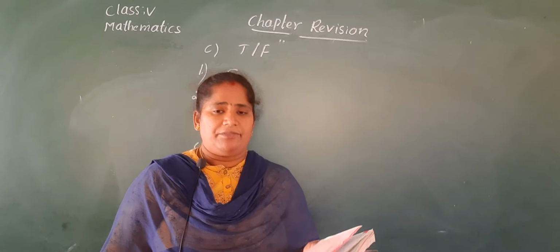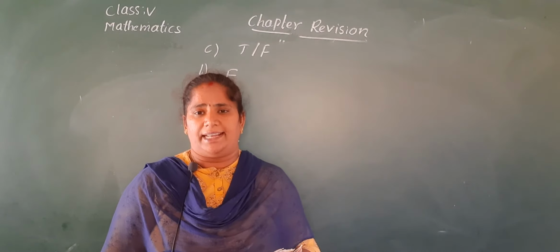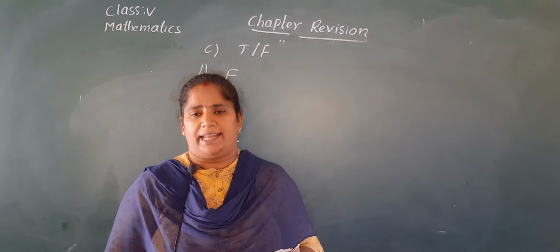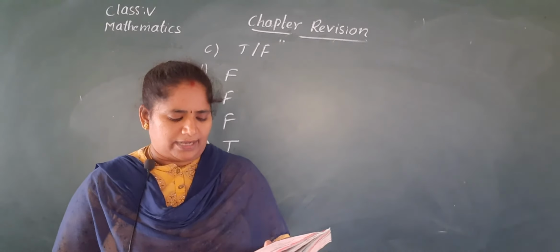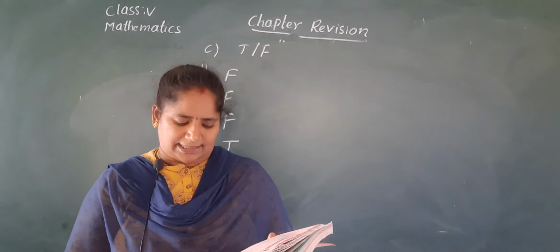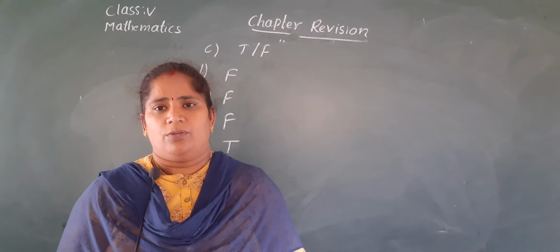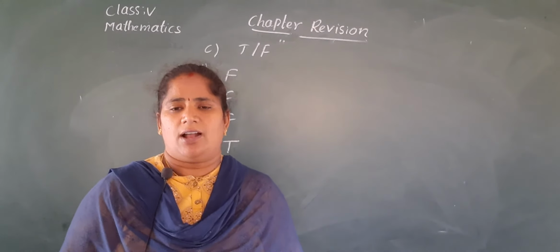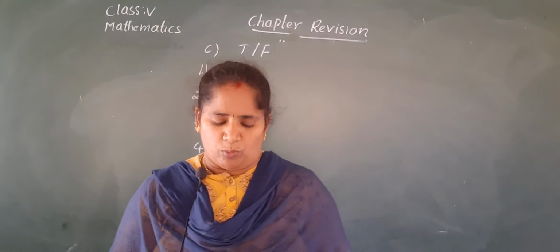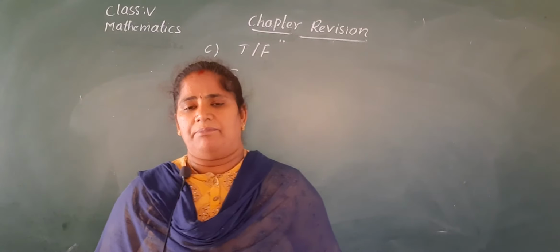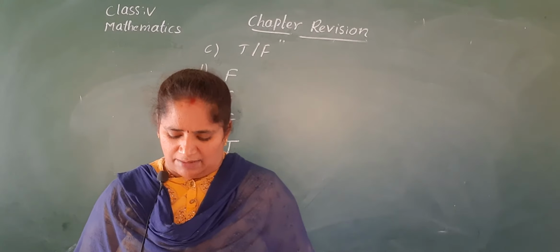And next, we also learned how to multiply by 11, 15 and 99 by using the multiplication techniques. So you have to practice those multiplication techniques, children. Okay, ma? So these are all we completed in today's class. And one more important point is, if a number is multiplied by 0, we get 0 only. So this is called the zero property. And identity means, if a number is multiplied by 1, we get the same number.